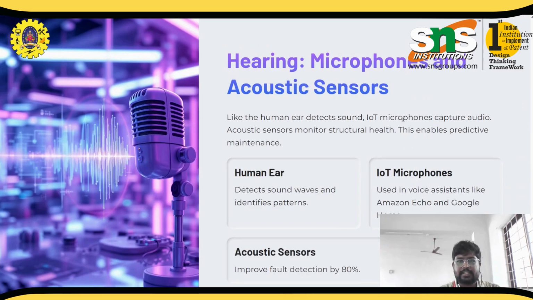And then the next sense that we're going to discuss is hearing. So hearing, the sensor that we use is the human ear. So the basic idea behind hearing is sound that